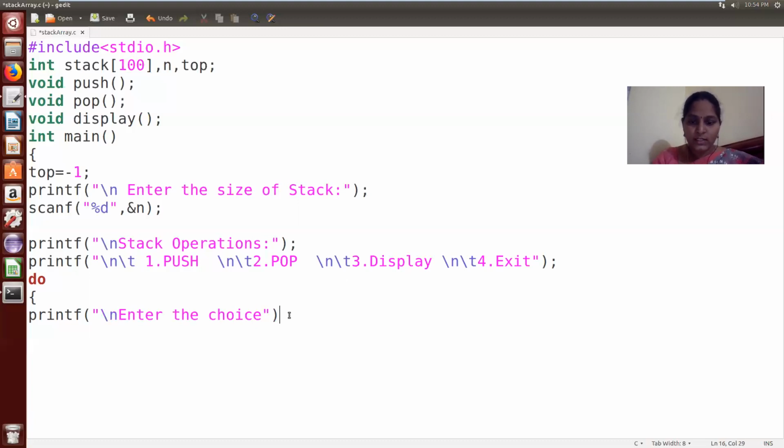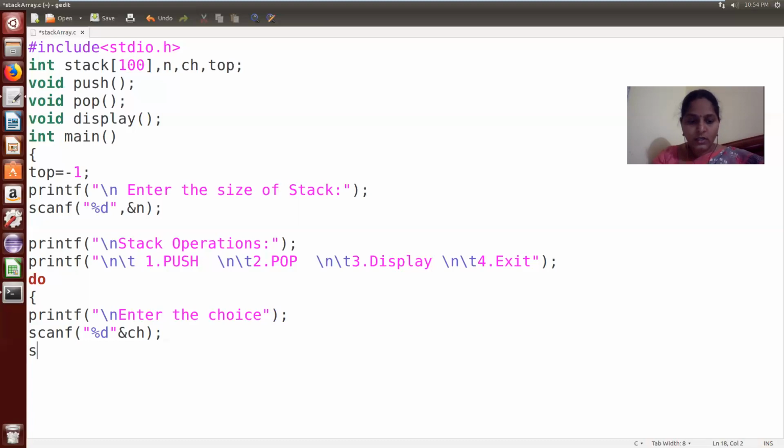Whatever choice the user has entered, we need to capture it in one variable, so I am taking one variable, ch. This ch is for storing the user-entered choice. scanf with %d and &ch. Whatever value the user enters will be stored in the variable ch.